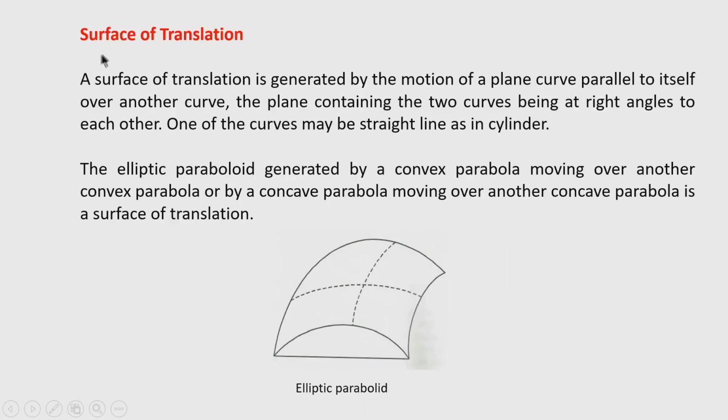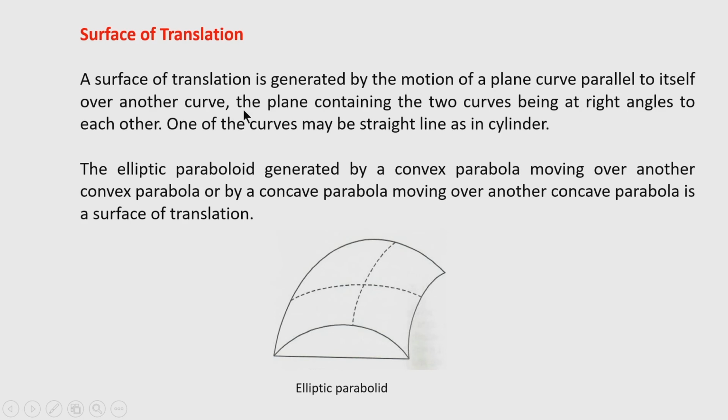Now, let us see another class of shell, a surface of translation, but this is also falling under the head of doubly curved shell. That is the two main categories, singly curved and doubly curved. Now, ruled surface and surface of translation, there is some difference. Ruled surface is formed by ruling of a straight line, but here surface of translation is generated by the motion of a plane curve parallel to itself over another curve,